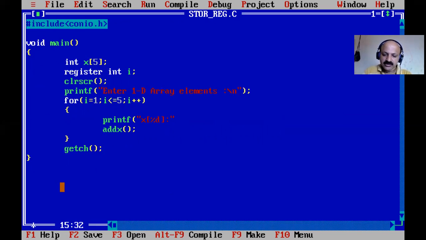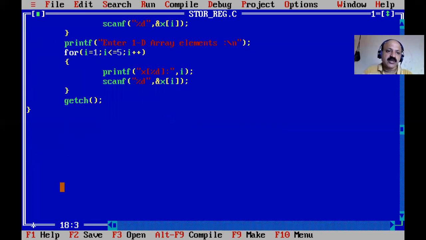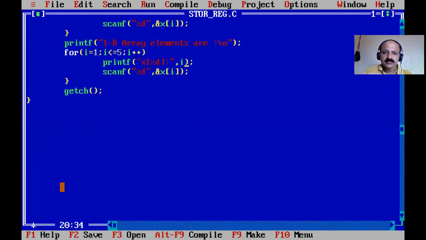You have to know this very well. I have so many programs in my YouTube channel on one-dimensional arrays. So yes, I scan and then print. So what is the benefit of using the register variable? Just performance is better, but it is only microseconds, so we cannot observe it. We can just use the register variable, and that is the scanning. I copy and paste to print using register variable. So here 1D array element R. Yes, and then I remove this brace, and then print. The scanf function I remove, and with index scanning and printing.